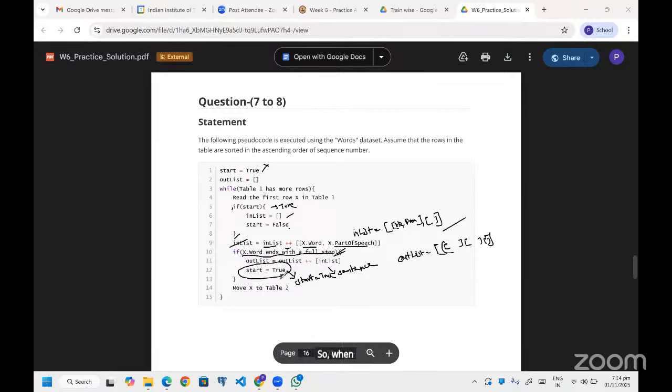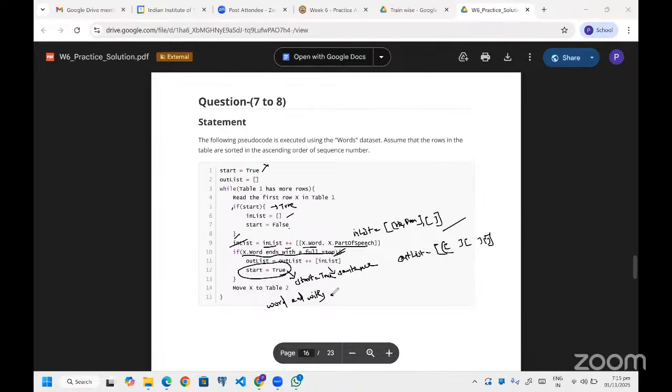So when your start variable becomes true again, whenever you see the last word completing a sentence, that means the word ends with a full stop.